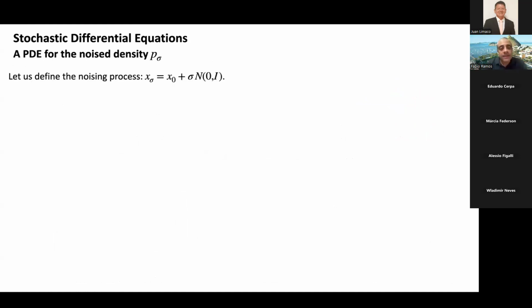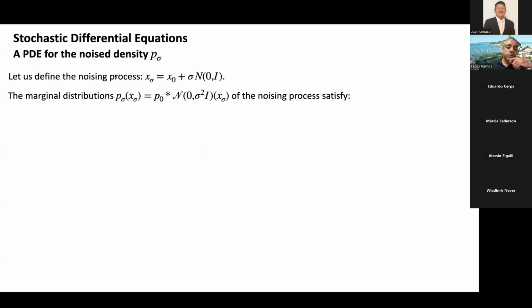All right, so let's get back to the noising process. So how do I add noise? Well, you can give your initial data, my Chihuahua, and for a given level of noise, I just add sigma times normal distribution. And then the marginal distribution of this stochastic process is just the convolution of the original P0 with the Gaussian